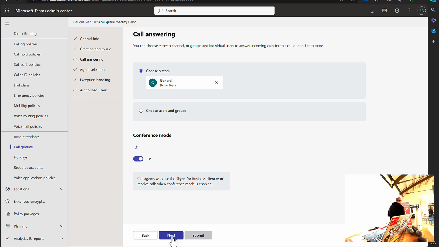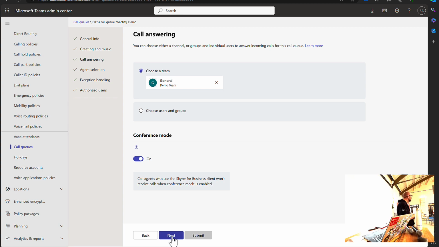What conference mode does, previously, if you got a call into a call queue in Teams or Skype for Business, and you were being transferred to an agent, they would actually transfer you to that agent. So when you were picked up from the call queue, your call would be put on hold, be transferred, and then the agent could pick it up and answer the call. There's a slight delay in that. There could be 2 or 3 seconds where the actual transfer happens of silence for the person calling in. The music on hold will stop because you're out of the queue, but you're not yet connected to the agent.